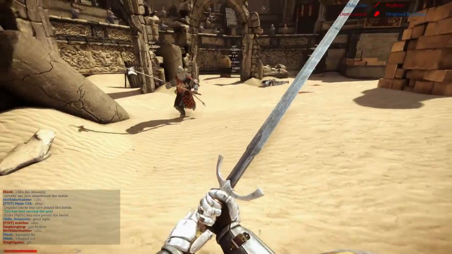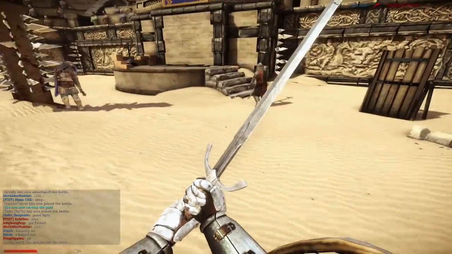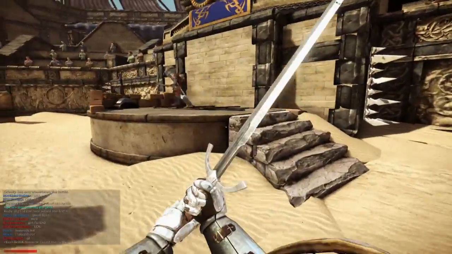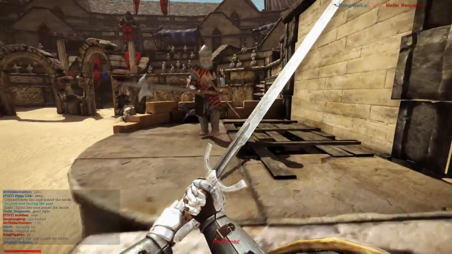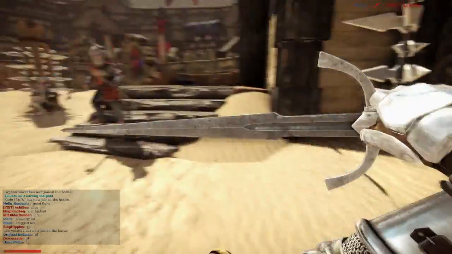Now, I guess I can show you how to block effectively. You want to be able to predict when and where you should block. So, right now, I was just blocking willy-nilly against this guy. Okay, now I'm gonna show you only at the last second you want to block. You don't want to block like,